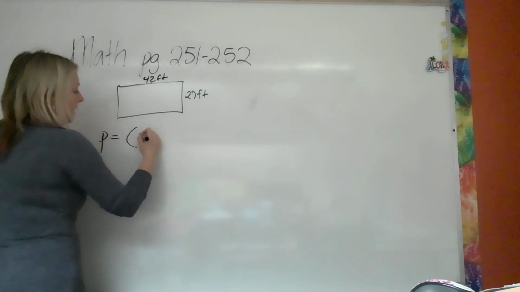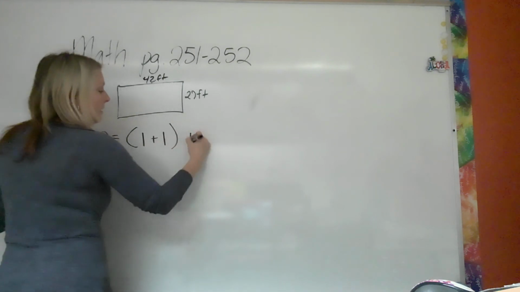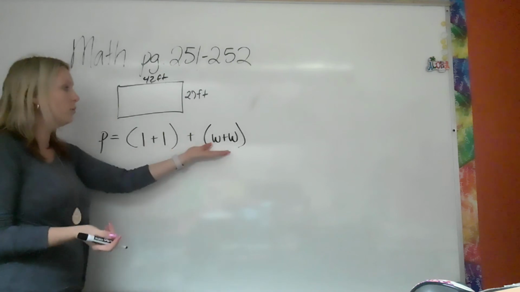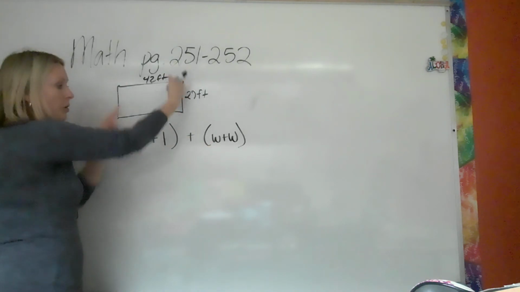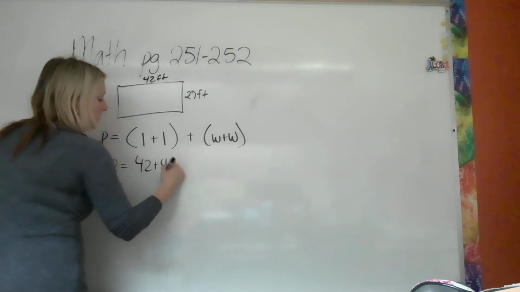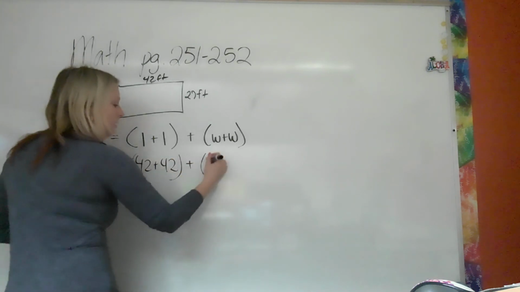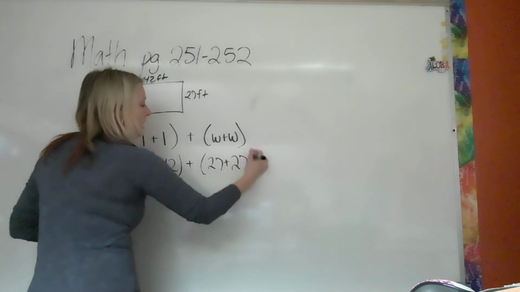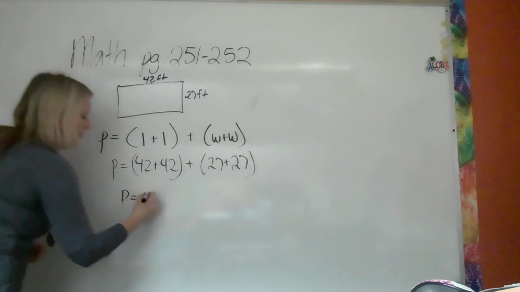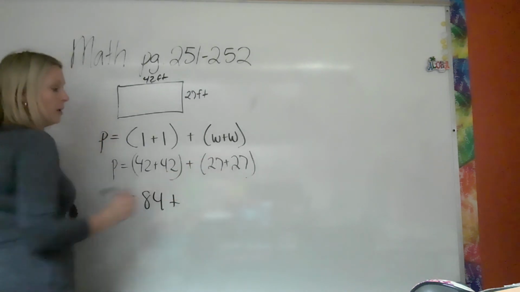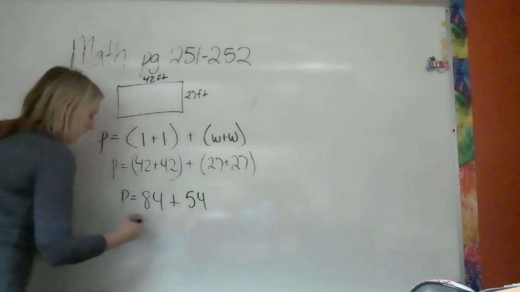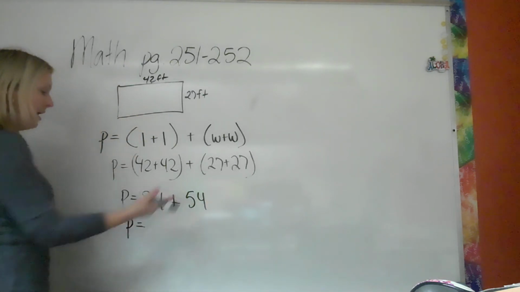P equals L plus L plus W plus W, okay? That's length, length, width, width, okay? Remember, length is the longer one, width is the shorter one, okay? P equals 42 plus 42 plus 27 plus 27, right? Then we do them. 42 plus 42 is 84, and 27 plus 27 is 54. Then we go ahead and add them up, and we get,